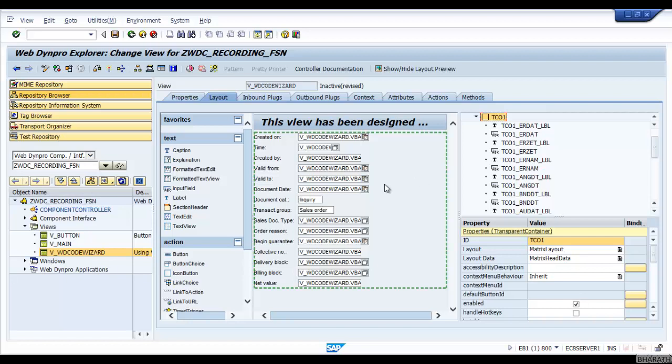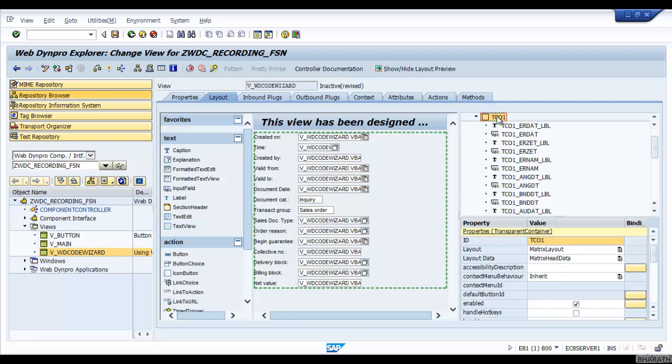For every field there is a data element assigned. In the data element there is a field label specified, so that field label has come by default here. Based on the standard cell editor it has come as an input field. Now see, there is no VBLN.